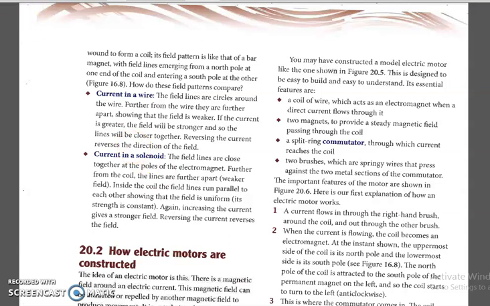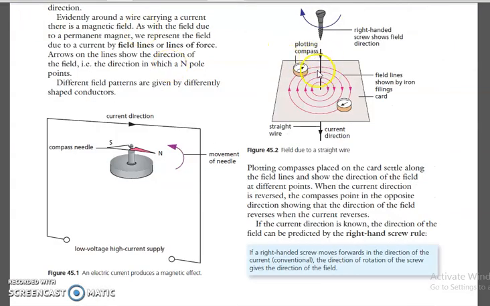Okay, so I will show the current flowing through the wire. We can see this when we use our right hand thumb rule. When we are using the right hand thumb rule, our thumb indicates the direction of the current, and our index finger indicates the direction of the magnetic field lines. Okay, this is how it will pass through. Magnetic fields are arranged in a current carrying conductor through a straight wire.